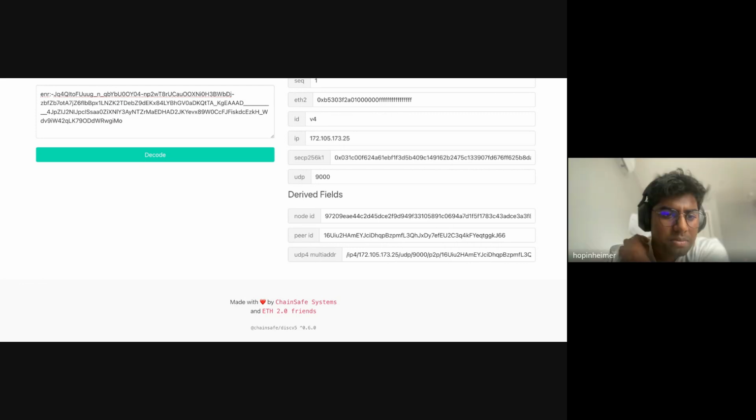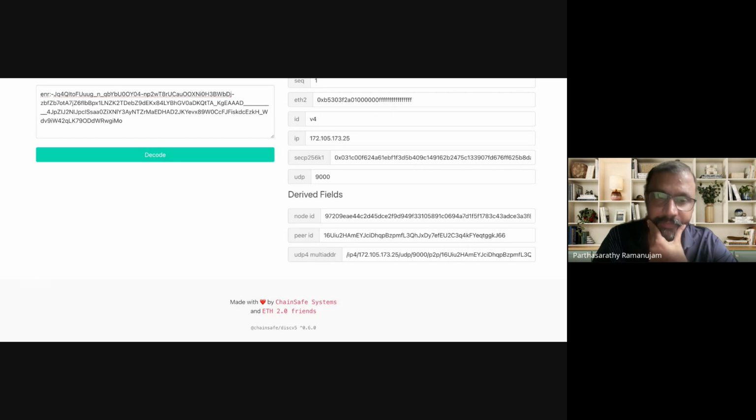I'm not very sure, but I think the subnets are transient. I'm not very sure about the sync committees, I think sync committees are permanent. Aren't these subnets randomized?